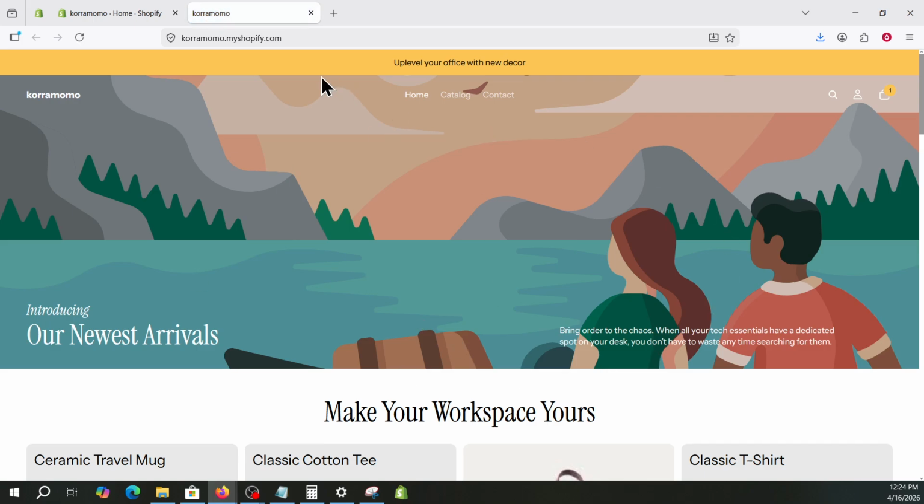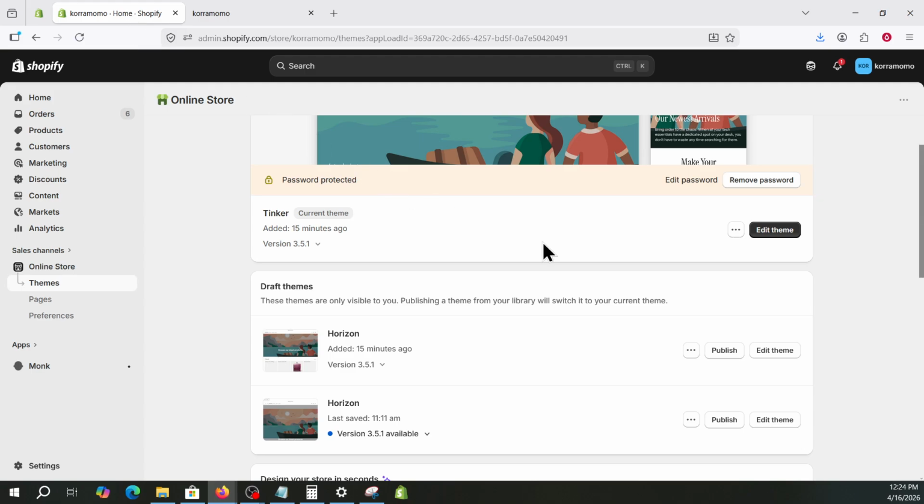That's the process for previewing a Shopify theme from your admin dashboard. You open Online Store, go to Themes, find the theme in the Themes section, open its three-dot menu, and choose Preview. When you're finished, use the three-dot menu in the bottom right of the preview and click